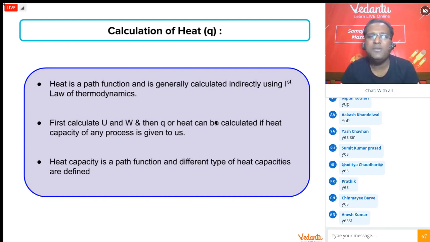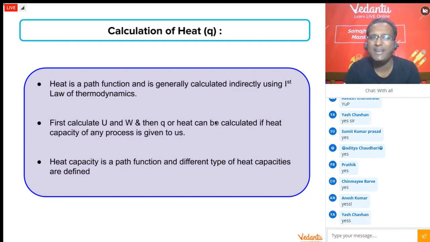But sir, we did not develop any formula for heat till now. Q equal to mc delta T तो बड़ा random सा formula है. It can only be used when too much data is available to you: mass of the system is known, temperature change of the system is known, heat capacity is known. Instead, it would be much easier to use the first law and find the heat value from it. Delta U अच्छे खासे formulae, work done अच्छे खासे formulae, तो Q we can find from the first law, isn't it?